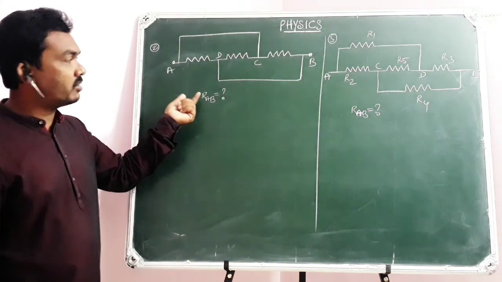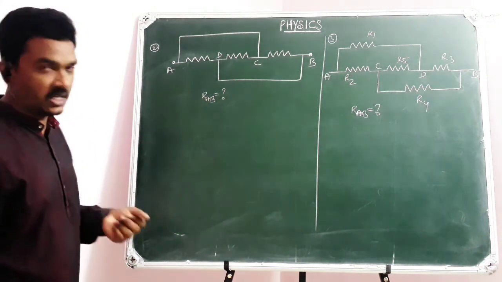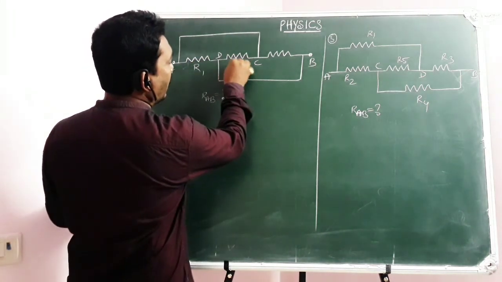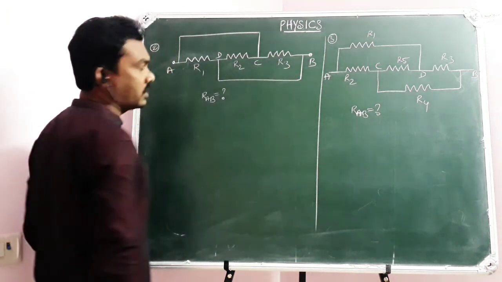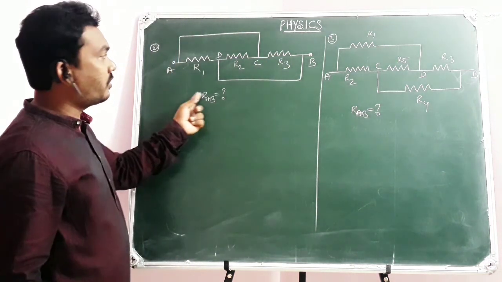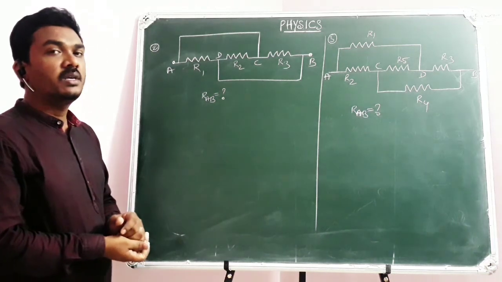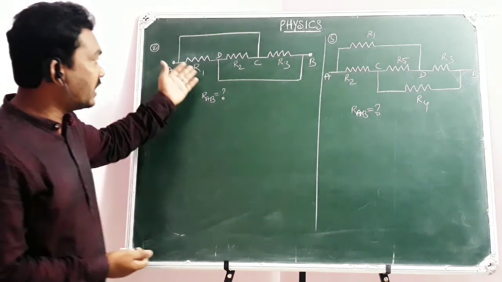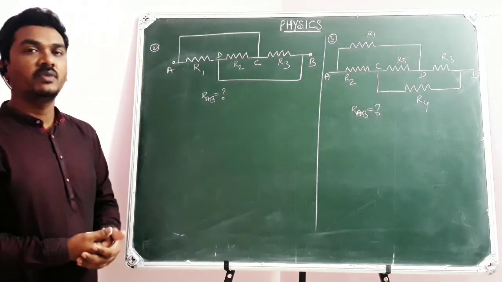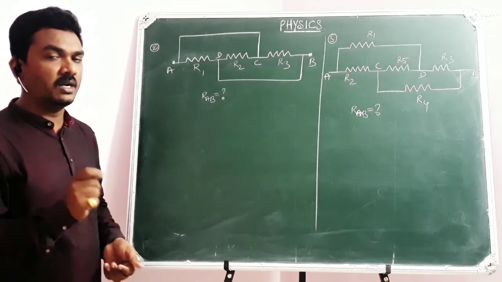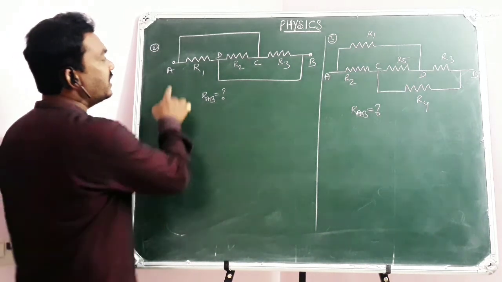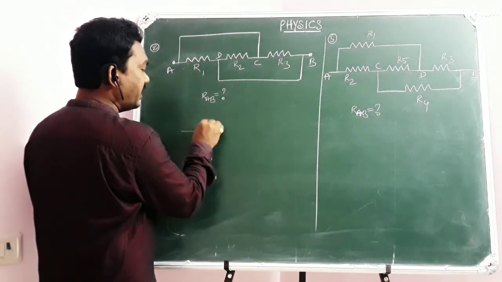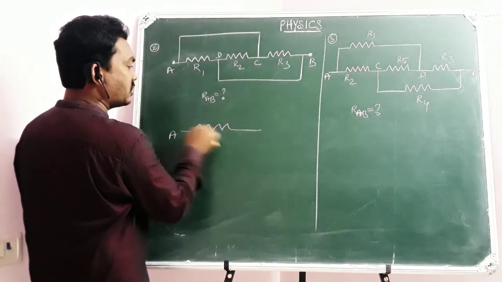Here, in this example, you have to calculate equivalent resistance across AB when all these resistors are R1, R2, R3. 3 resistors are there. Yes, on seeing the geometrical arrangement of resistors, you may think they are in series, but they won't be. The same model you have learned already, but let me explain. See here, between A and D, there is a resistor R1. Across AD, there is a resistor R1.